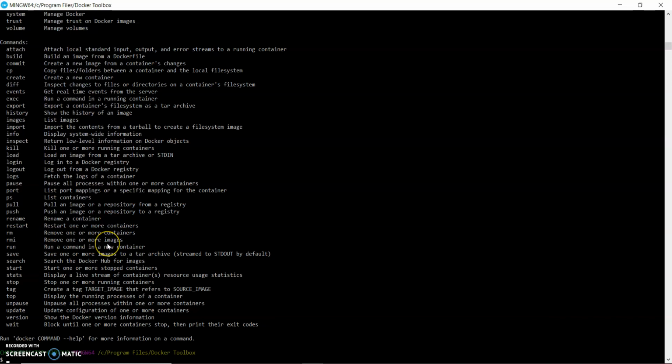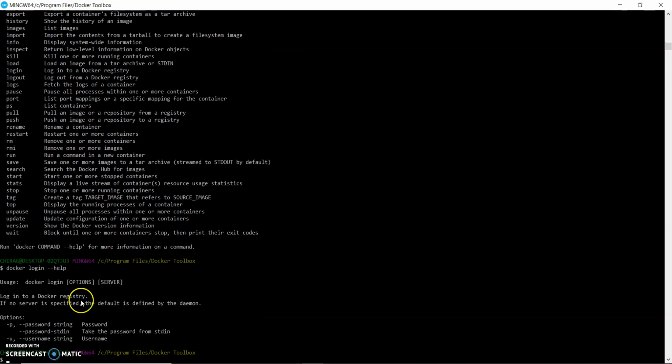So I will run docker login help, and you can see it gives me the information. It logs into a Docker registry. If no server is specified, the default is defined by your daemon. The options are -p and -u. So we can do all this kind of thing.